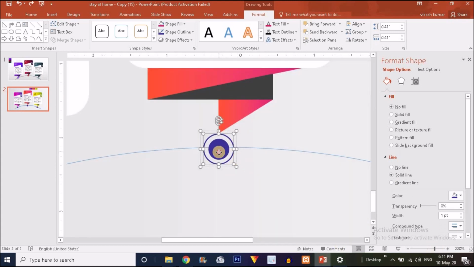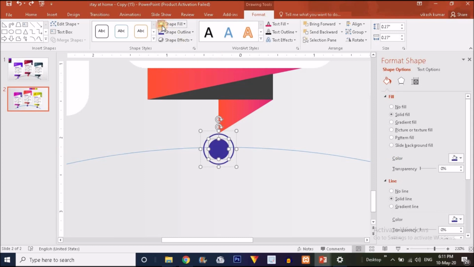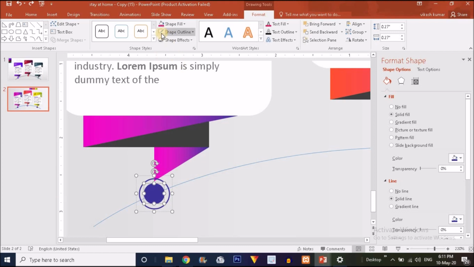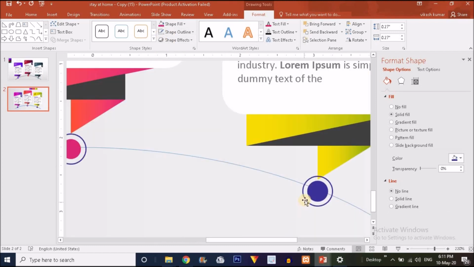Just zoom in, choose this shape and give this color, but I think the outline should be no outline. Okay, now done.